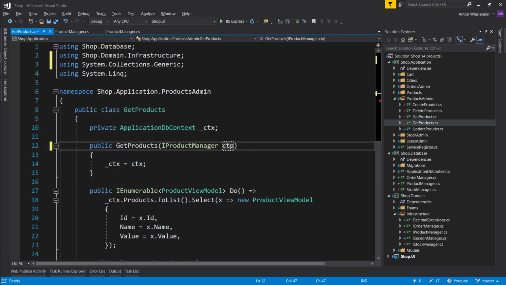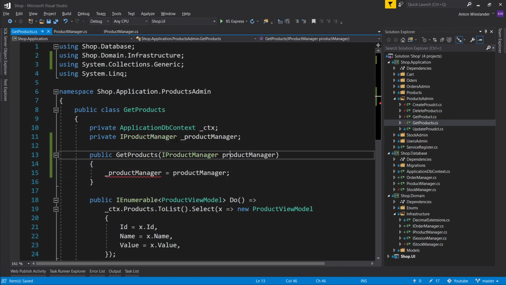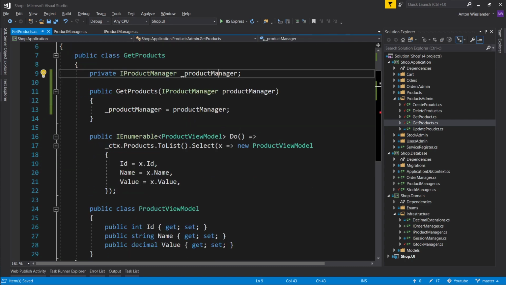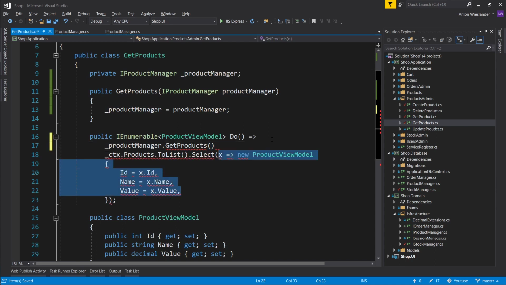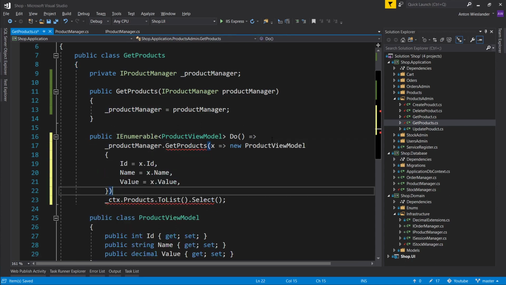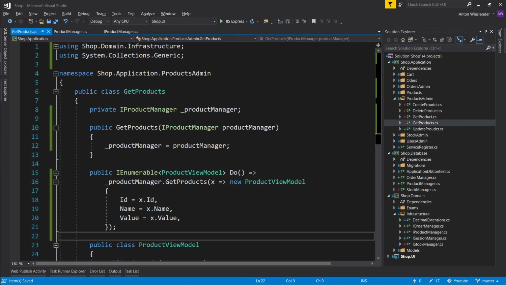manager. Get really good at typing product manager by the end of this episode. And generally refactoring. I'm getting faster every single time. So get products, and let's go ahead and just pop this here. Okay, that should be it